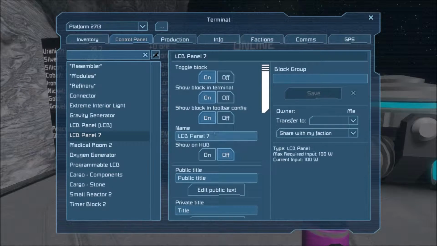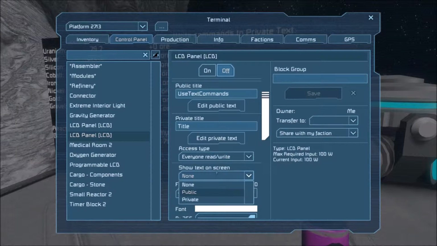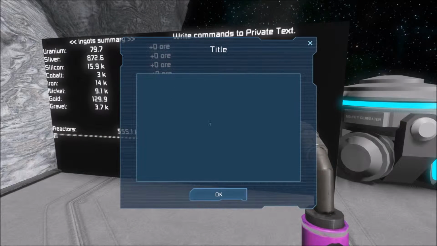Let's set up the other one. Because it's also going to do the same thing. So to be able to make it, we need to put LCD so that the script can see it. We need to use text commands. Spell text properly. Use text commands. Show text public. Font size 1. Edit private text, and then we want